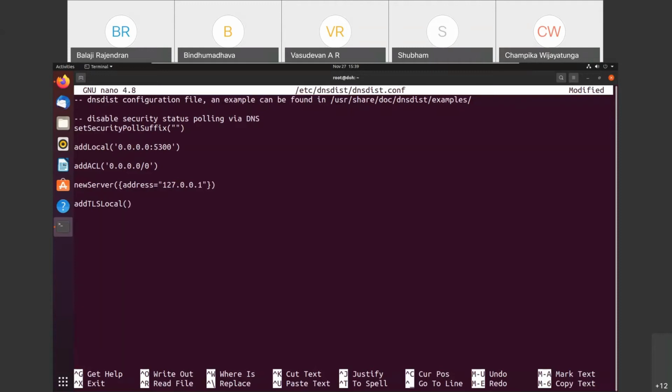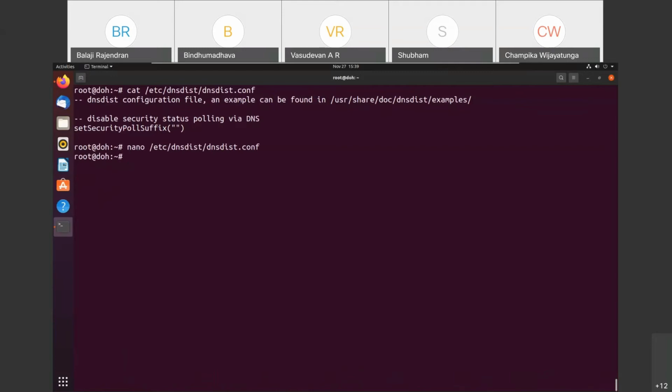So let me go back. I will save it, exit, and go to /opt. And here I will run the command openssl req -x509, which is the certificate format.